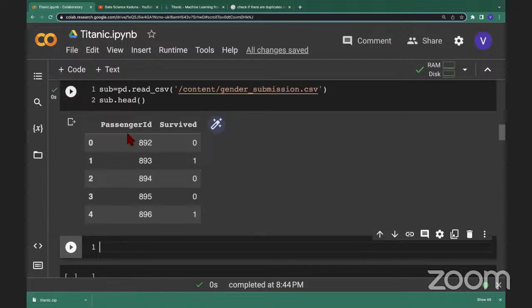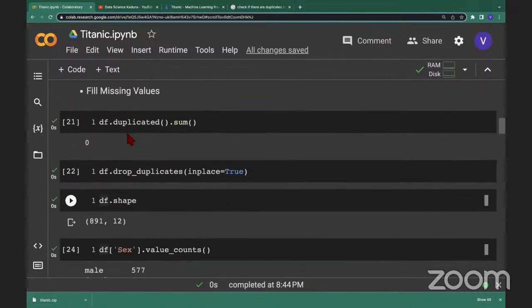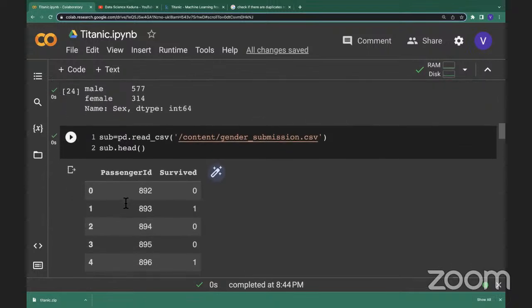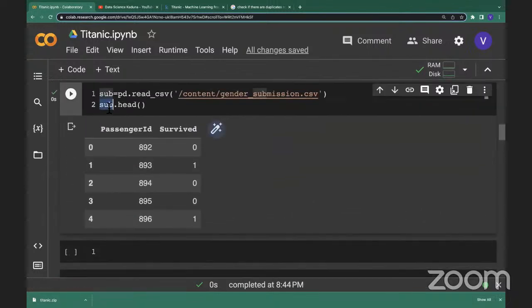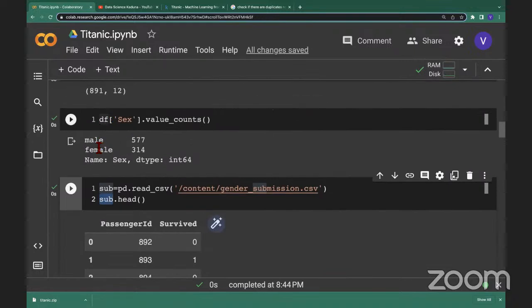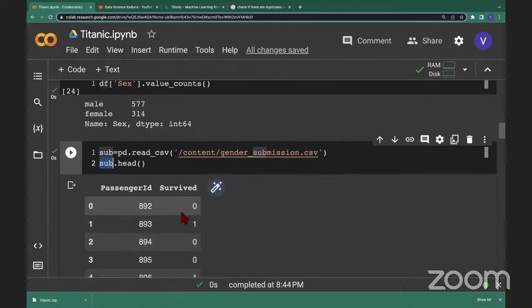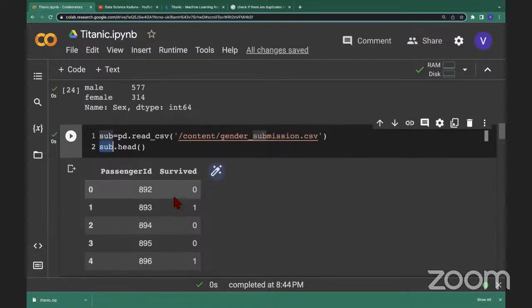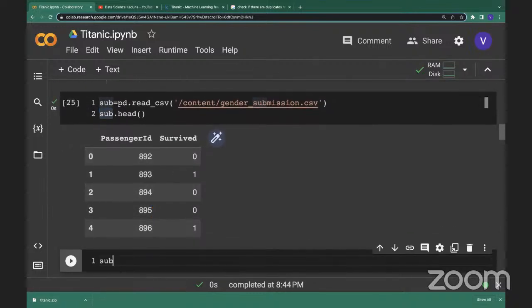One way to guess is to look at the distribution of our data. In our training set, we see that male is more than female: male is 577 and female is 314. Since in our training data we have more male than female, we can decide to give the higher number of survived to male and the other to female. So what I'll do is sub, then survived